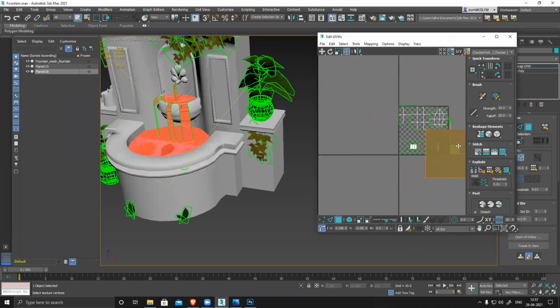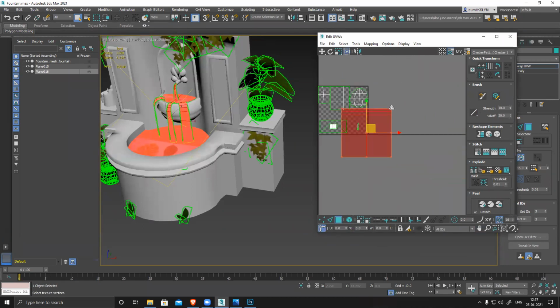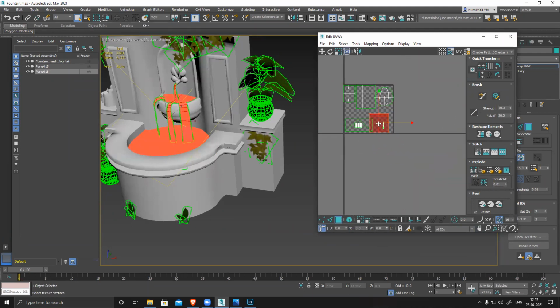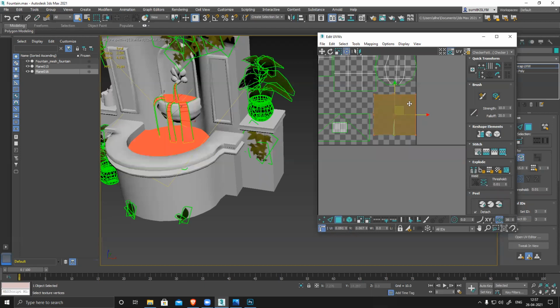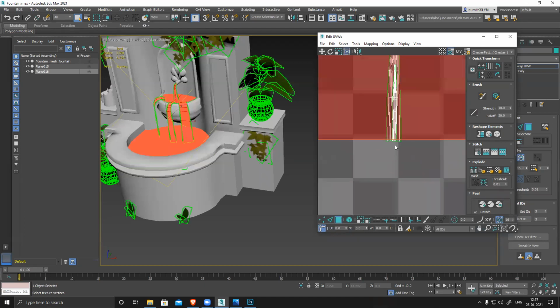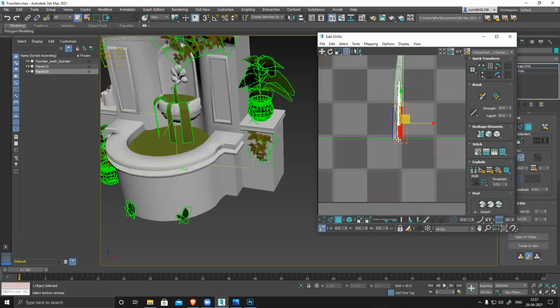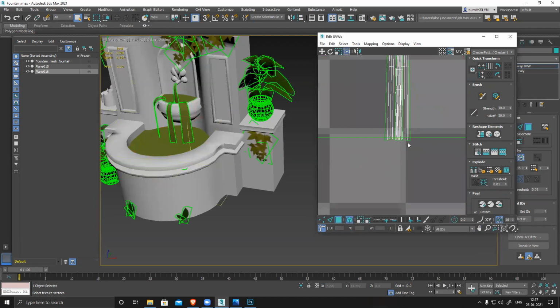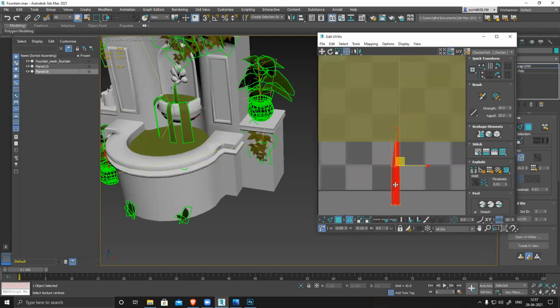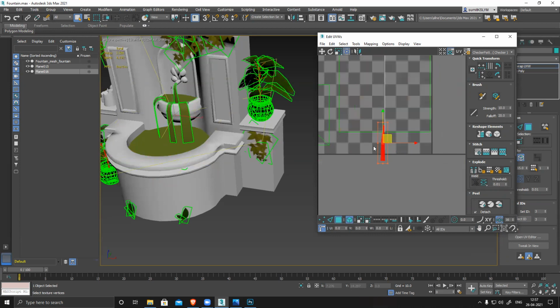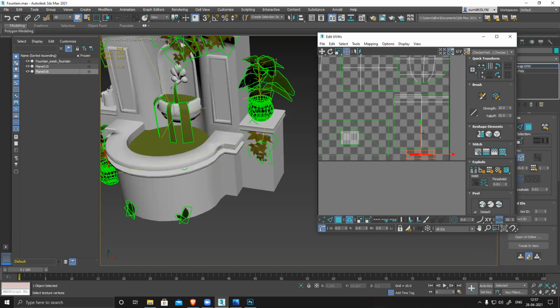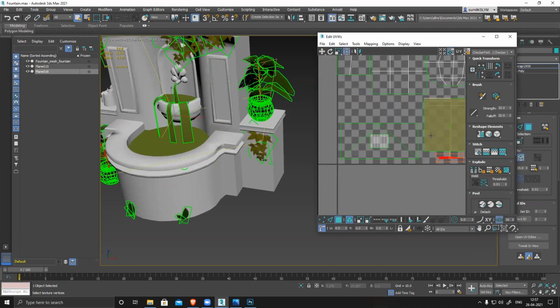So I'll keep it somewhere here. Scale it and fit it nicely. Element mode. Rotate. So this is going to be my, correct this thing, I need to UV them properly now.